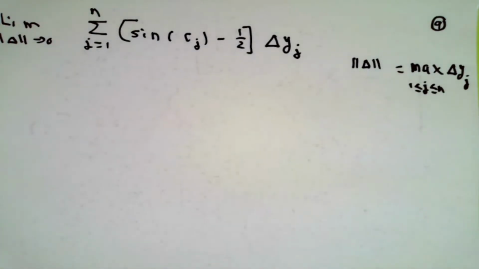It's important to grasp this thought. There is no x in this problem. The independent variable is y. I have a delta y down at the end. The Cj is not an x number, but a y number instead. So when I turn this into an integral,